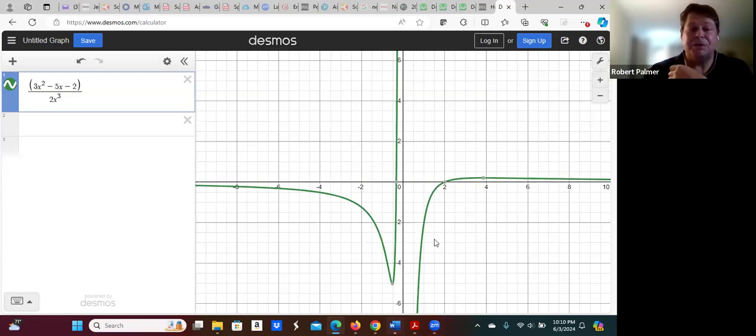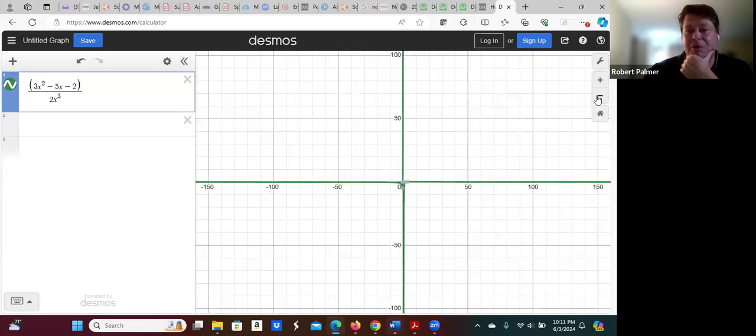Interesting function. But what happens far away? What happens far from zero is it looks more like just 3x squared over 2x cubed. And as we'll see, that actually goes to zero. So take the limit as x goes to infinity or negative infinity, and both of those go to zero. We can't see it as much here, but once again, if we zoom out quite a bit,